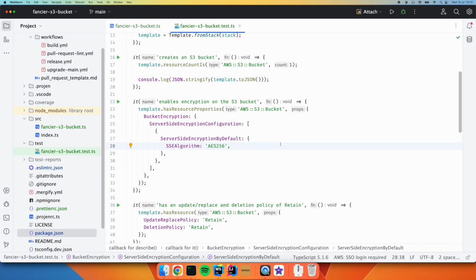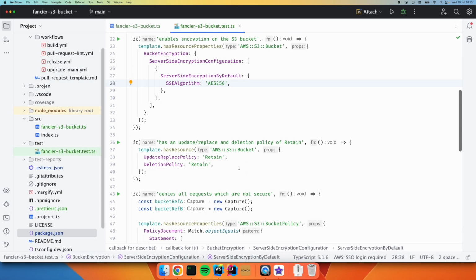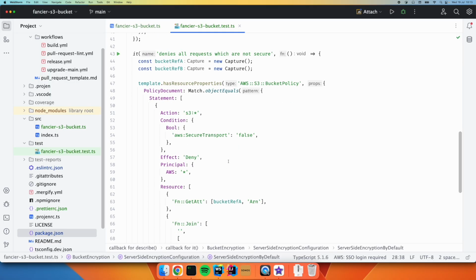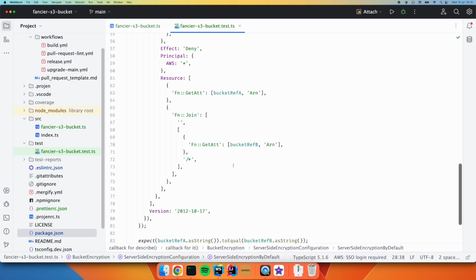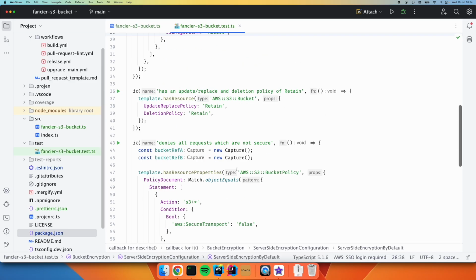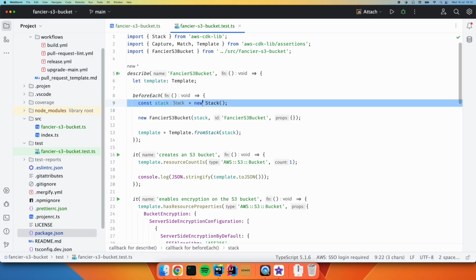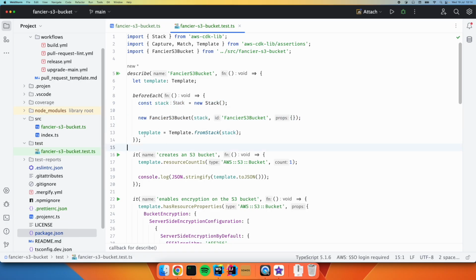Another form of testing that we have as an option is snapshots, and snapshots are very much a feature of Jest. They're not CDK specific, but we can use them for our CDK use case. So for example, if we create a template composed of an empty stack and our construct, we could snapshot the whole template body, the whole JSON, and compare it to later versions when this gets run again,